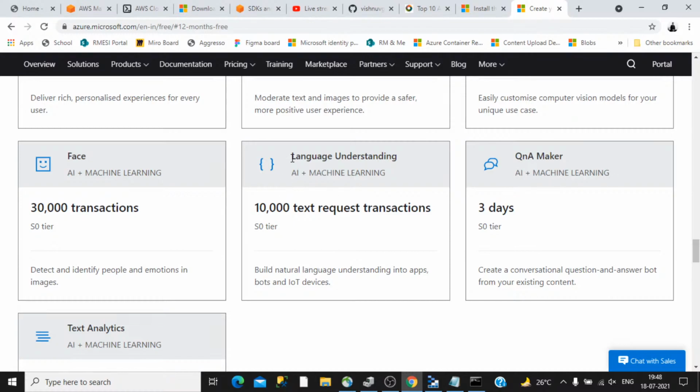Similarly, there is Language Understanding by which you can develop a bot and other applications. If you are familiar with the concept of a bot, that is a way by which you can interact with a particular application or a resource in a natural way. So instead of going and clicking this one, for example, imagine this is a tile and I want to click this particular tile and open that as a pop-up.